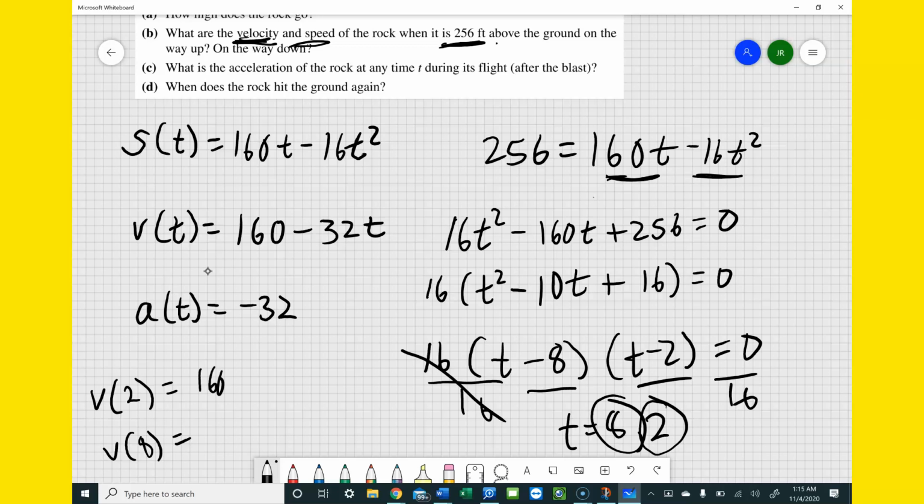So 160 minus 32 times 2, that's going to be 160 minus 64, which is going to be 96, I think. And then plug in 8, 160 minus 32 times 8. Let's see what 32 times 8 is. That's 8 times 2 is 16. Carry a 1. 8 times 3 is 24, 25. 256. So what's that going to be? That's going to be negative